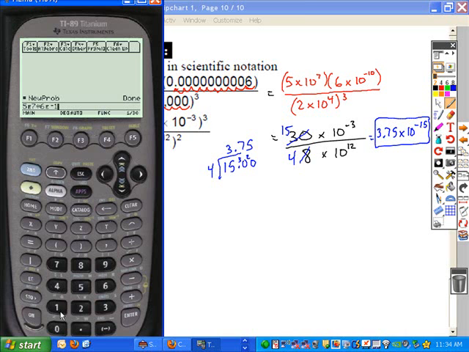6E to the negative 10. And then we're going to divide that by the entire quantity 2E to the 4th, and that will be taken to the power of 3. Hit enter, and you see that it verifies 3.75E to the minus 15. It confirms that we have the right answer. I want you